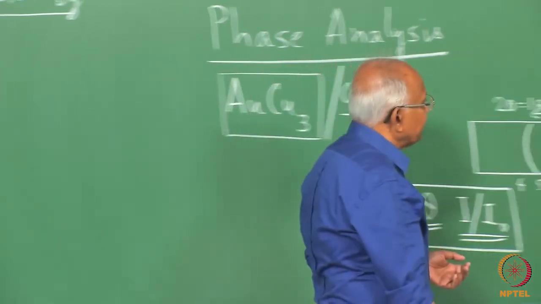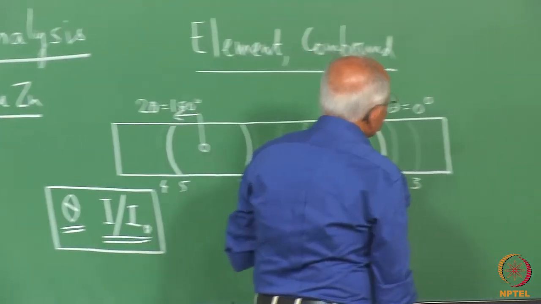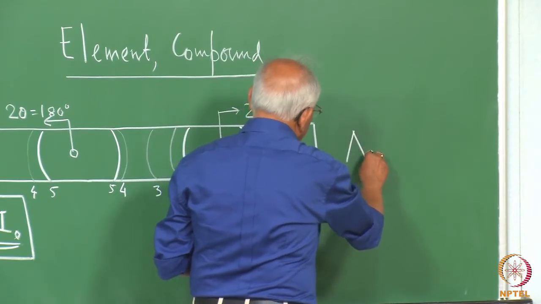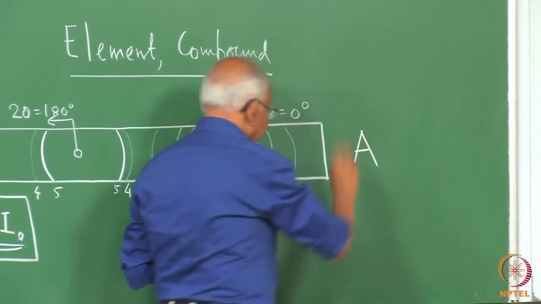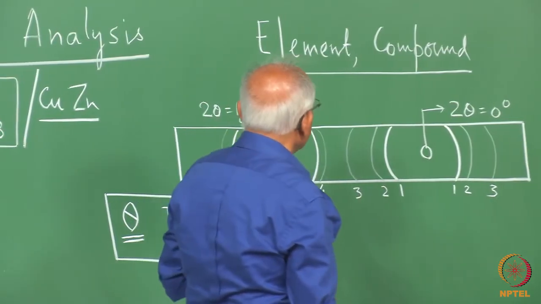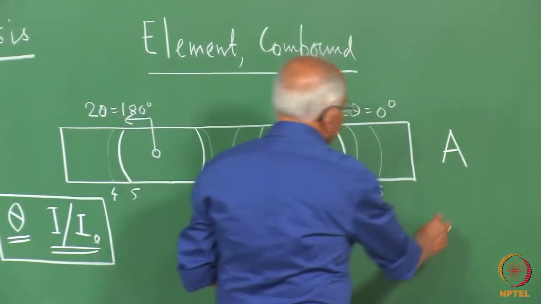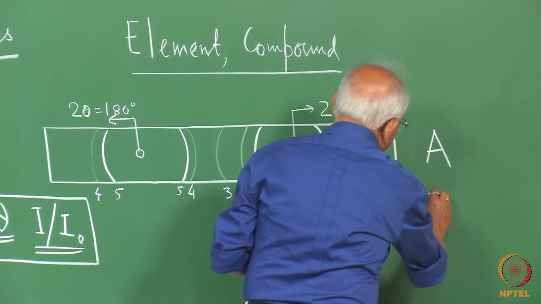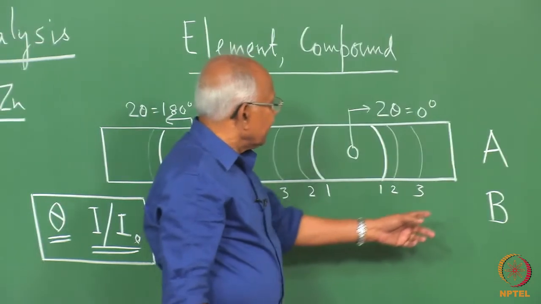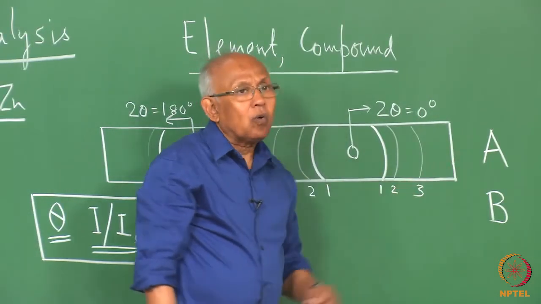Say for example, we have got this diffraction pattern from an element or a phase A. Now, if we find out the diffraction pattern for another phase or element B, then these two will be quite